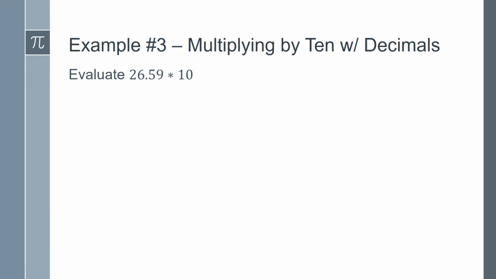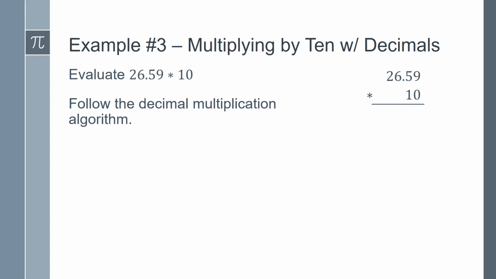For example number 3, we will need to evaluate 26.59 times 10. I'm sure that many of you know a trick for multiplying whole numbers times 10, so after we use the algorithm, we'll take a look and see if there's a similar trick for multiplying decimals times 10. First, we'll follow the decimal multiplication algorithm. 26.59 times 10, and if we ignore the decimal point, we find that the answer is